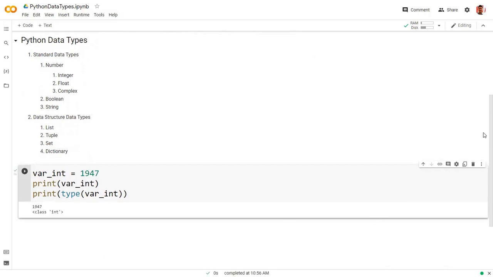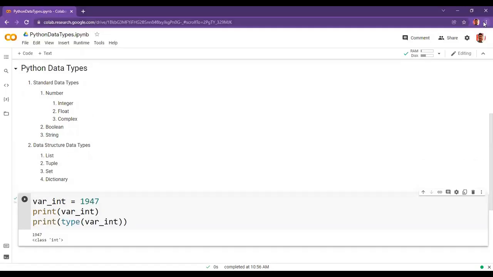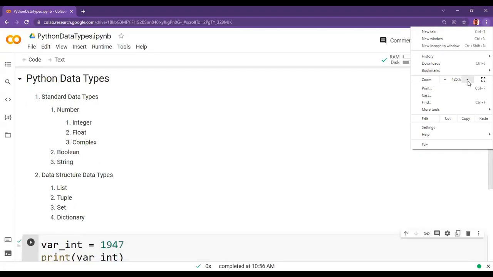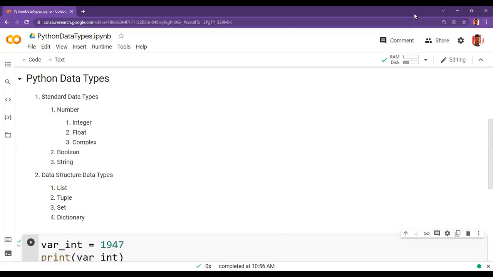Right here you can see it is displaying the value, as well as showing you the type of that particular variable.